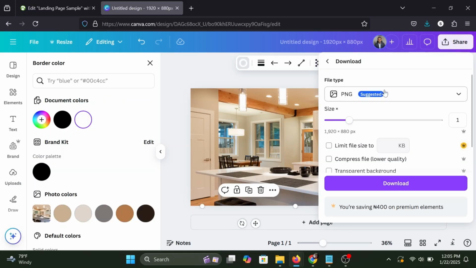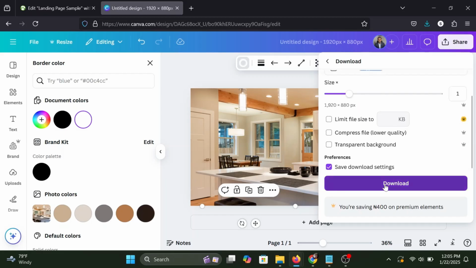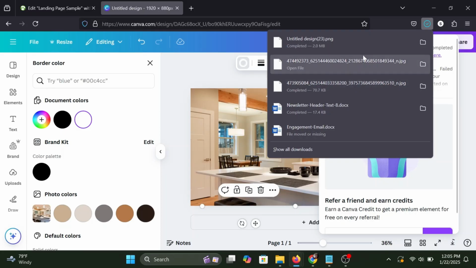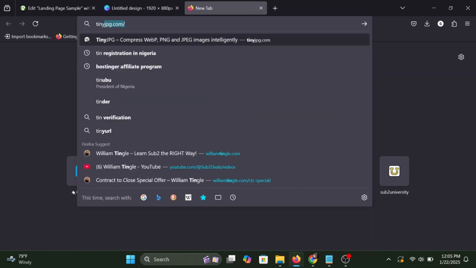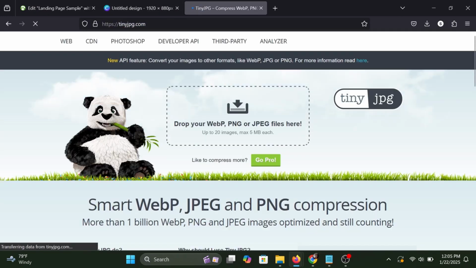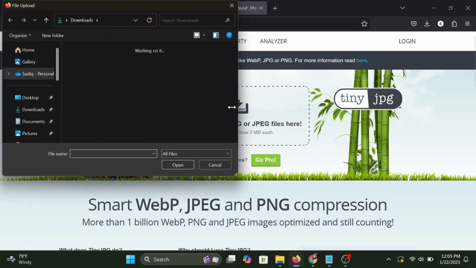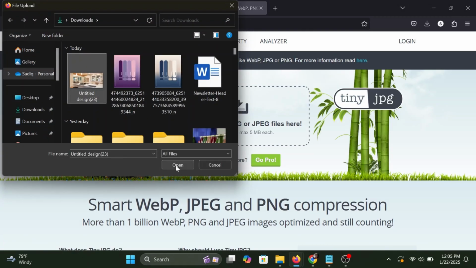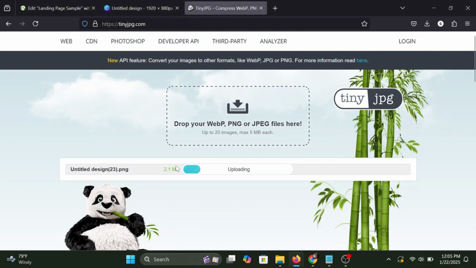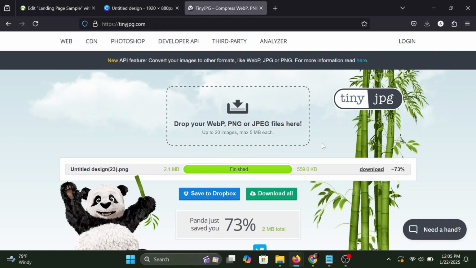Okay, make sure our file type is PNG and you simply click on download. Okay, now the file has been downloaded, but you see it is 2 MB. That is too large, so I'm going to use a tool to reduce the size. I'm going to use TinyJPG and upload it here to reduce the size so that the page is not going to take too long to load. Okay, the file has been compressed from 2 MB to 500 kilobytes, so I'm going to download it